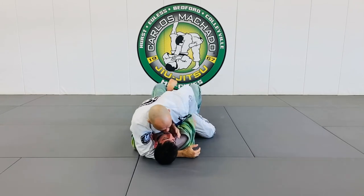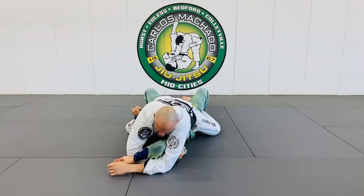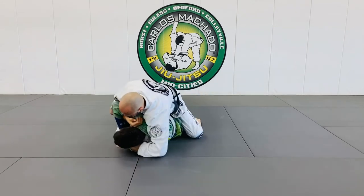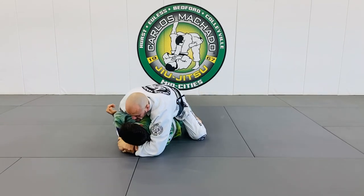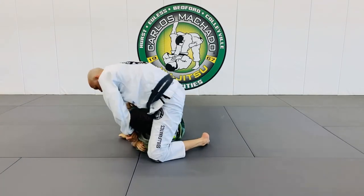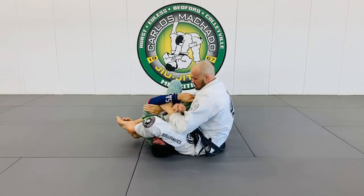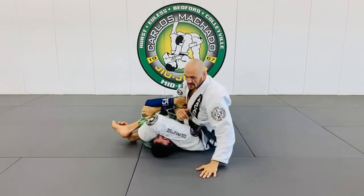We went here, let's say I got this here, and I brought it across here. But he starts turning to the side, and I turn to the side right here. I have his arm here. I slid here. So right here, you see,